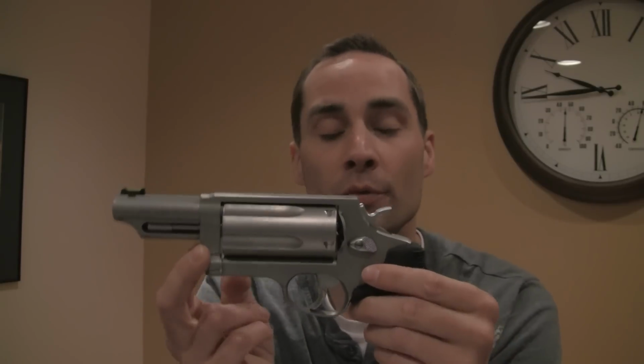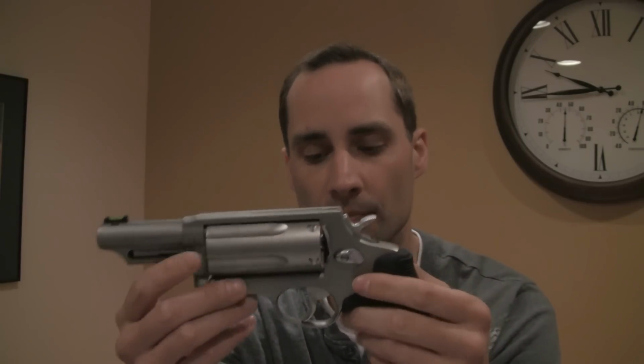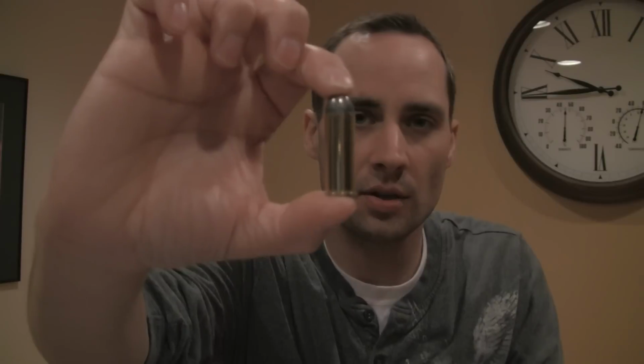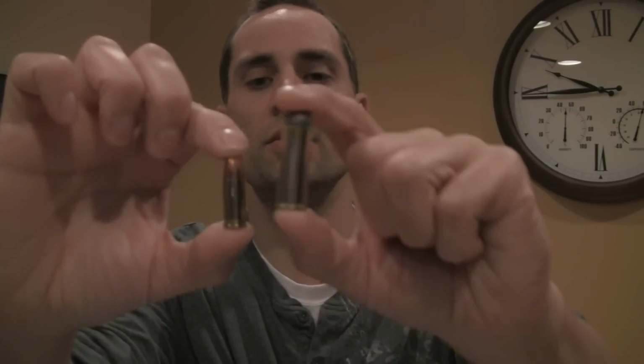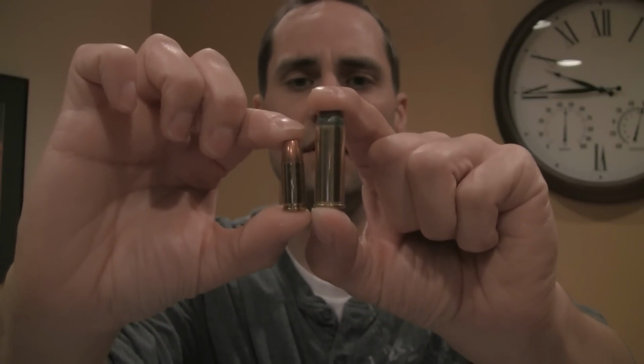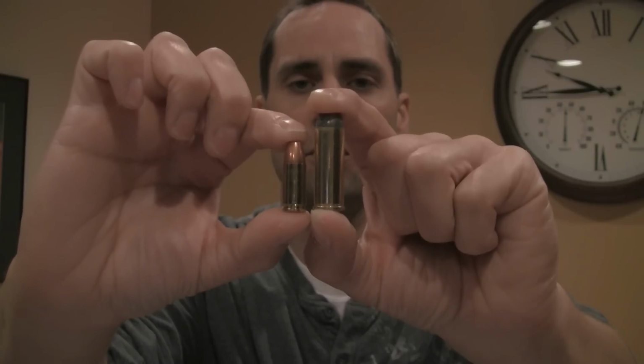For those of you who aren't familiar, the Taurus Judge is chambered in both 45 Long Colt as well as 410 shot shells. Let's take a quick look at those. Here's a 45 Long Colt cartridge. And just to give you an idea of the size of this, here's another very common cartridge, a 9mm. Let's put those side by side. You can kind of get a general idea of the differences here. Pretty big